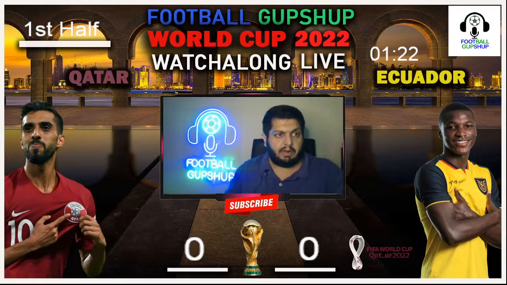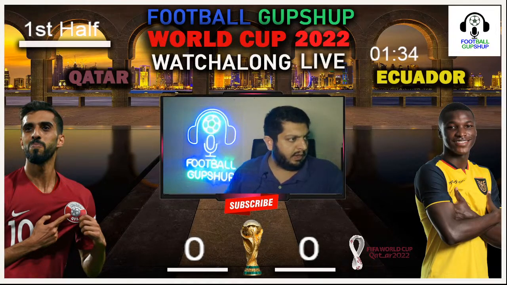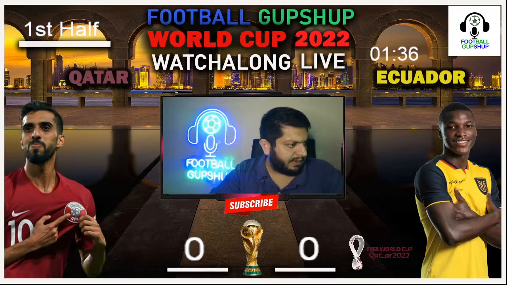So this is going to be really interesting to see what is going to happen over here. And I'm sure that you guys are going to be excited as well. Right now, the ball is with Ecuador. And in this moment, you can see them trying to go forward on the left side with Estupinan right now, but there has been a foul given.